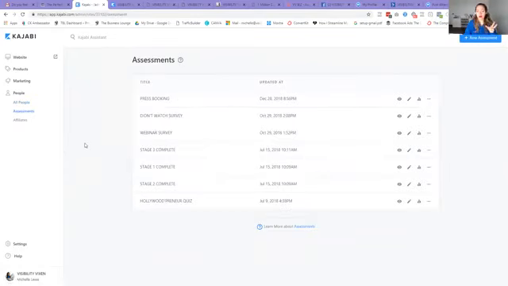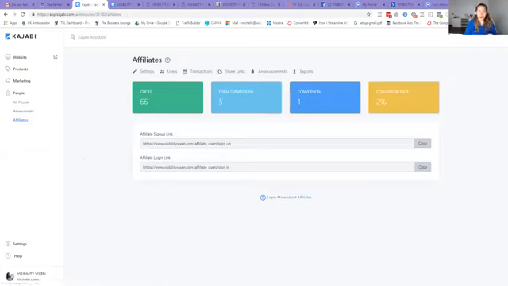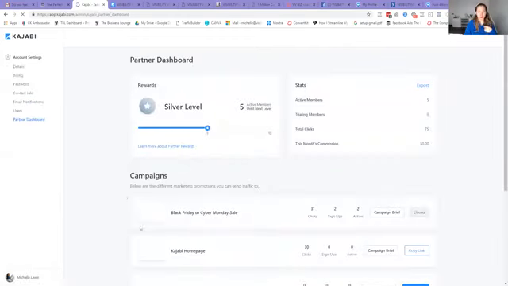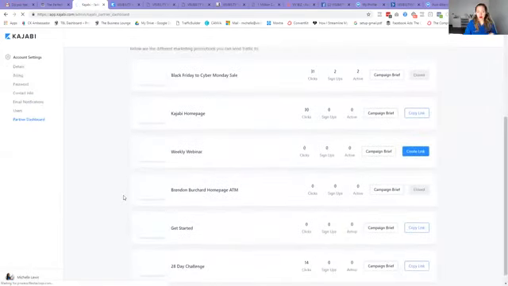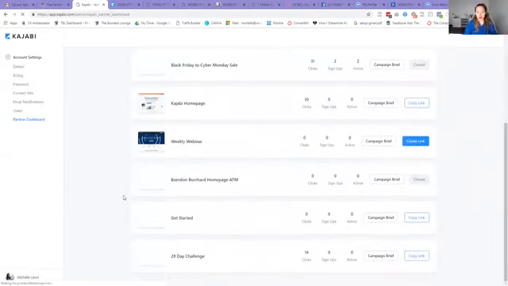Assessments are another word for quizzes, and they have that availability as well. This is a great way to keep people accountable inside of your course or your membership. And then affiliates, we have all this here. This is how you can track who your users are, what the transactions are, your share links, all of that stuff. You can also go into your partner dashboard, which shows you all of different ways that you can promote,